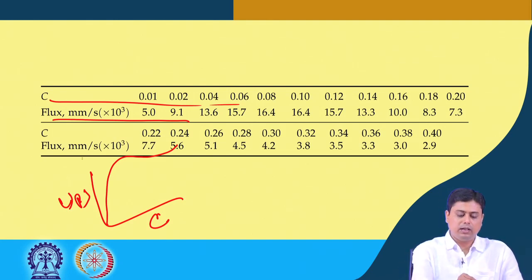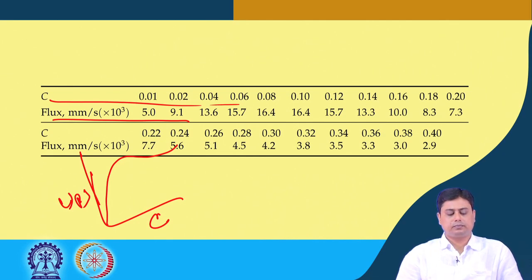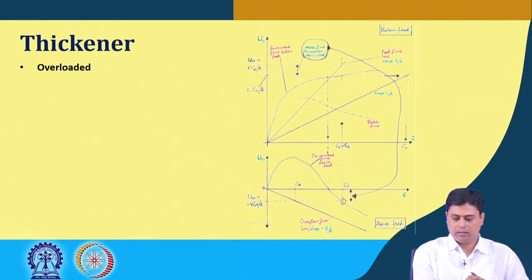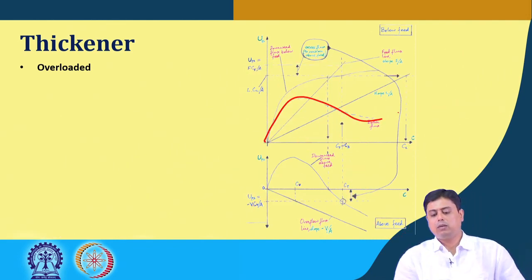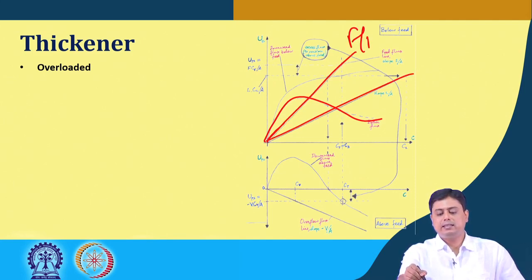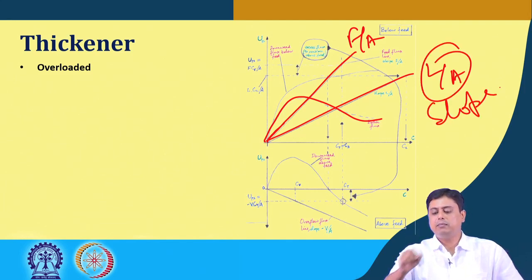So, this is the batch settling curve, like the one that we had here. Say we have got a plot like this. Then we have to draw this L by A and F by A line. This is the F by A line and this is the L by A line, or these are basically the slopes: the slope having the F by A value and the slope having the L by A value.